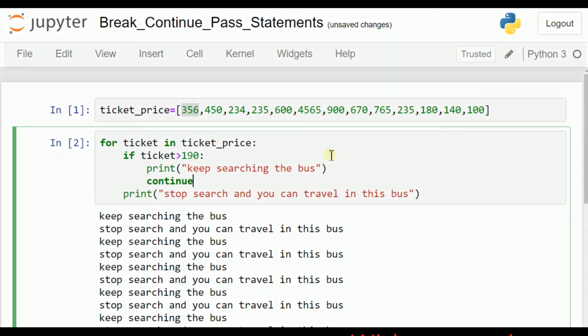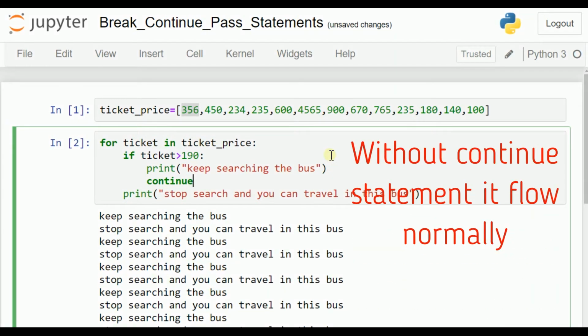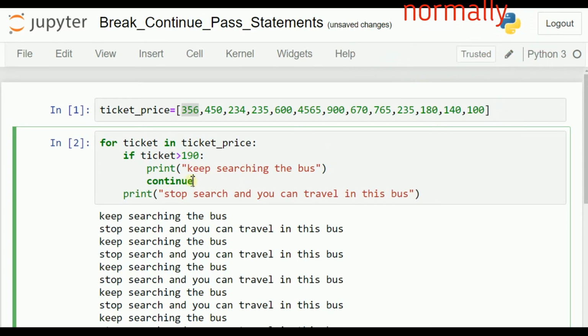Let me tell you the use of the continue statement. When we use continue, we are instructing the interpreter that whenever this continue statement appears, directly go back to the for loop, from here to here. Don't execute the statements inside that. If you write a thousand statements inside this,